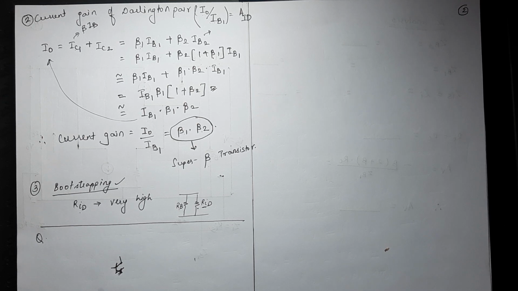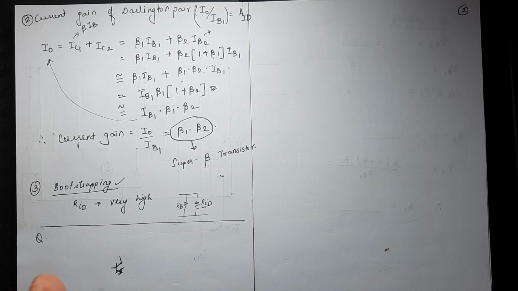Since the current gain of the Darlington pair is very high, which is not possible in a single transistor, we call this Darlington pair configuration a super beta transistor. Now, as we saw, RID is very high, no doubt, the input resistance of the Darlington pair which we want. We do expect that the input resistance should be as high as it could be, but unfortunately the biasing resistor RB